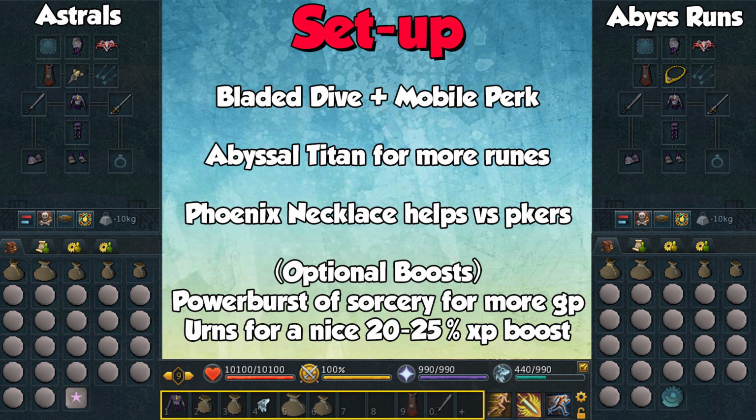In terms of my inventories, I take Astral teleport tabs, obviously, for the Astral runs, and I take a shield for the Wilderness runs. So if I do encounter a PK, I'll have the shield ready to go. Bladed Dive and Mobile are super helpful here. It really increases your runs. It allows you to do so many more per hour. You want to use an Abyssal Titan so you can hold more essence inside there and you make more runes that way. And a couple of optional boosts you can take, which I didn't use on my hardcore Iron Man personally,